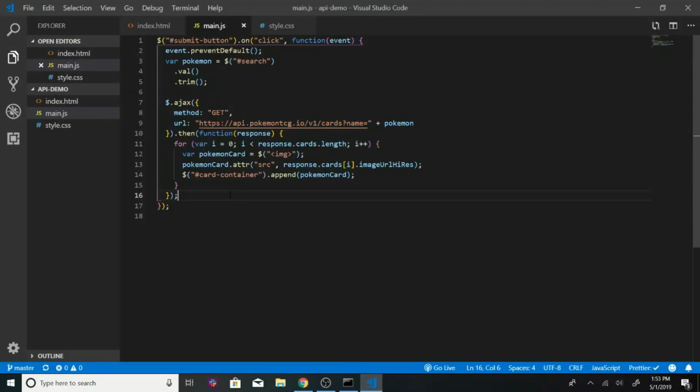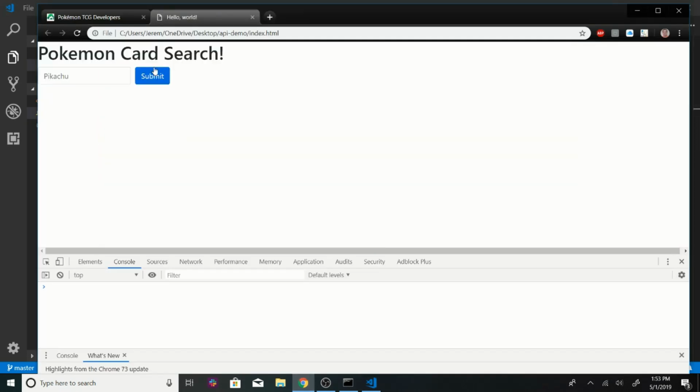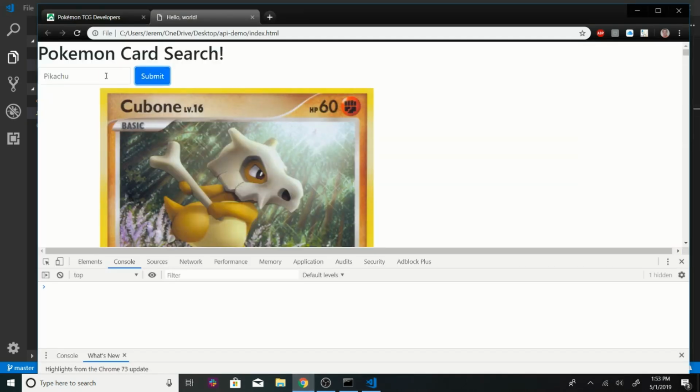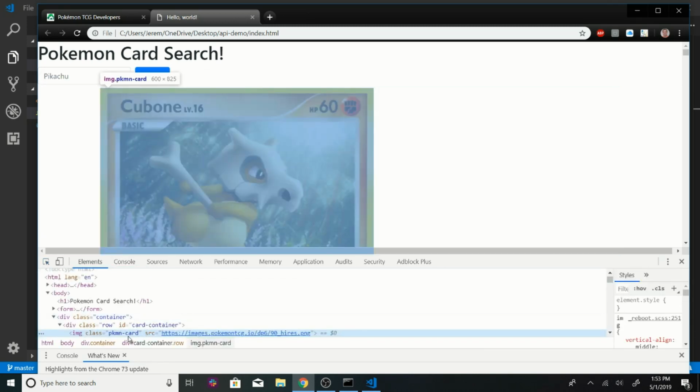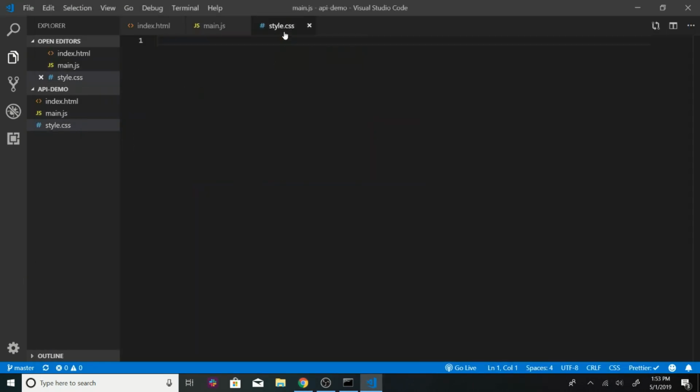So let's give these images, I wonder if I can just do this. I know I can do this if I put a closing tag. Actually, I guess it doesn't matter. Well, I should do it now that I've said it. I could have just done this with image because they're the only images on the page. But let's reload, hit submit. Okay, cool, it works. Just to make sure, I'm going to see if this has a class of Pokemon card. It does. Cool. So we're going to go to our styles, and we're going to go,